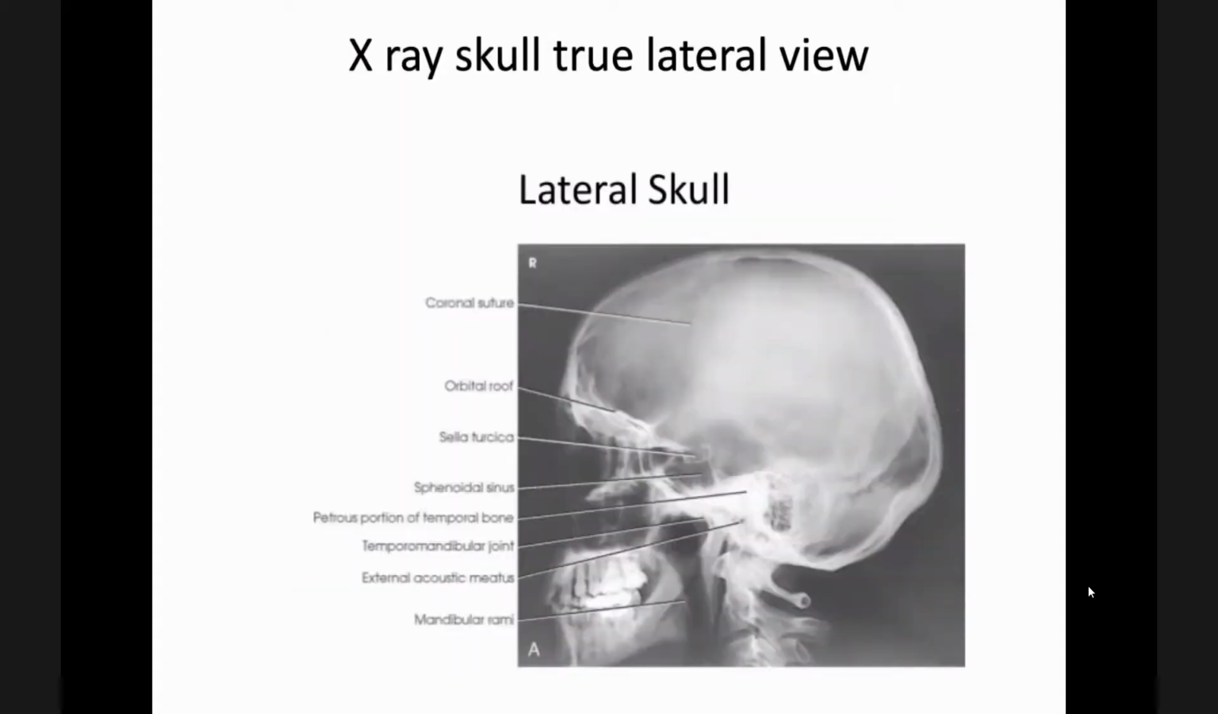Now, if we see from the lateral skull X-ray, this part is the sella turcica. This is the anterior clinoid process, and this part is the posterior clinoid process. So this is a normal sella turcica. We can even see it in the lateral film of the